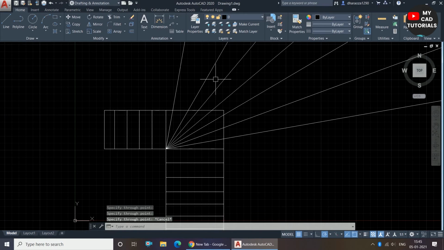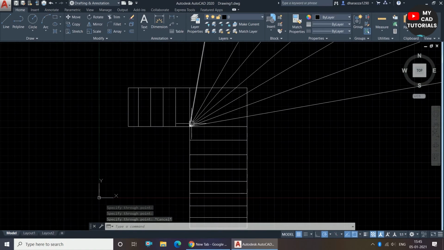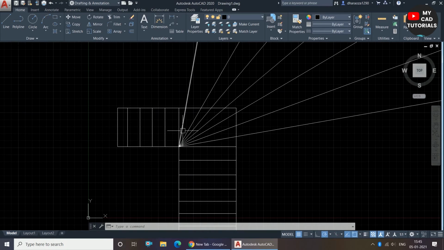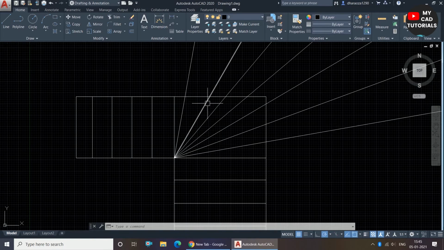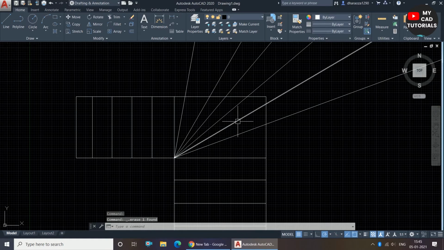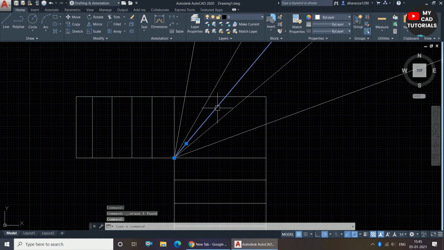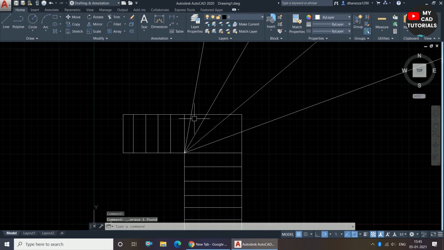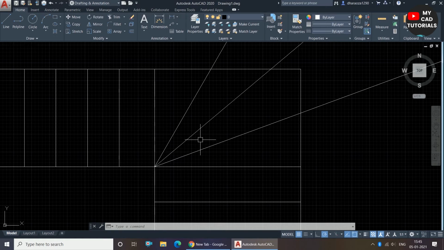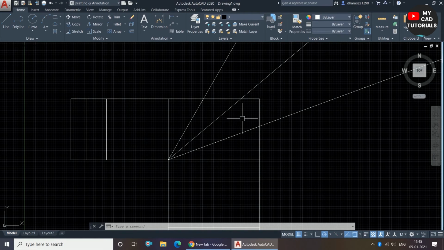Now the parts of the staircase are drawn, but this looks congested, so I am deleting some lines from here. So we have created the parts of the landing by using the ray command.